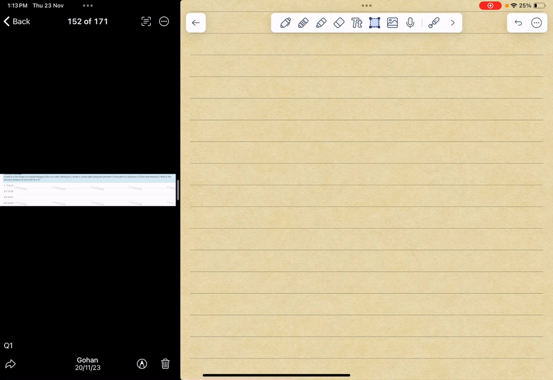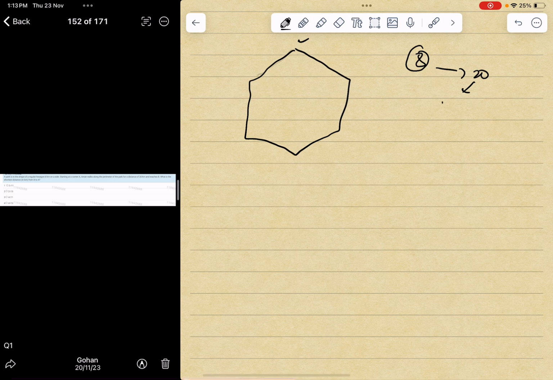Okay, so we'll draw a hexagon for this. So this is the hexagon. Aman starts from here and the side is 8, and he walks a total of 20. So 20 means 8 for one side, 8 for another side, so 8 plus 8 plus 4, 8, 8, 16, plus 4 is 20. He'll start from here, go till here, and then walk till here.